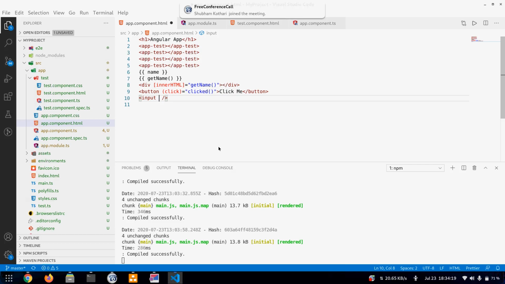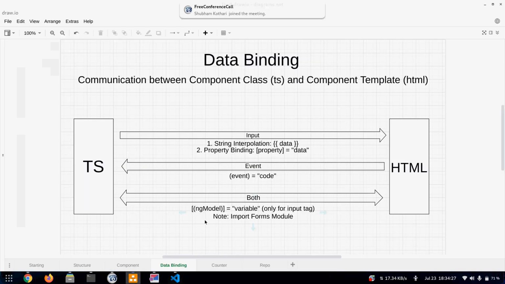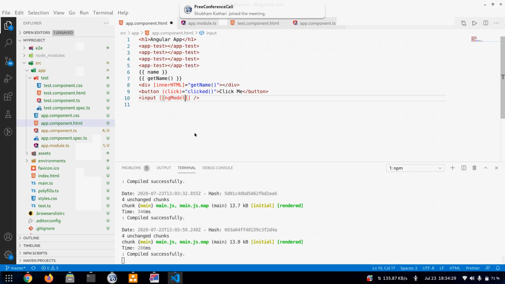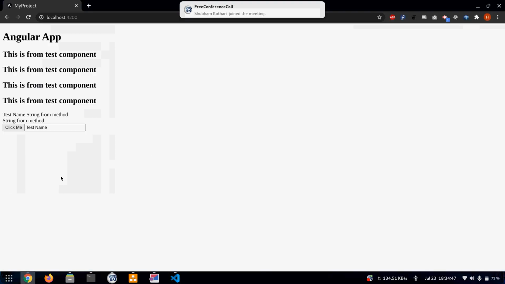So to get rid of all that, there is two-way binding. The syntax for this, you can also see it here, ngModel. What it basically does is it sets the input's value to whatever value is in the name variable, and whenever we change the input, the value of the name variable also gets changed accordingly.